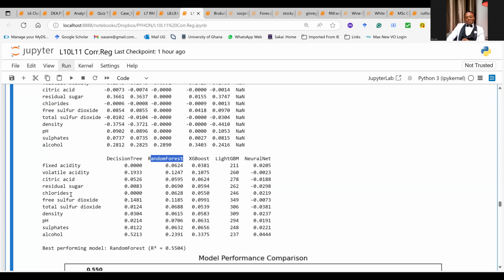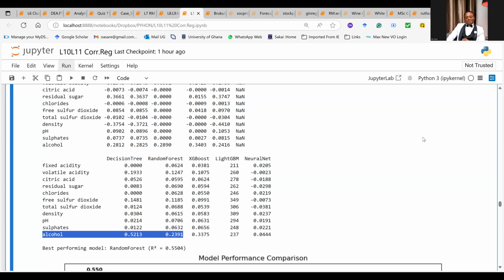When it comes to which variable is doing well, you will notice that alcohol is doing the best here. Alcohol appears to be a good indicator of wine quality. And by the way, they are all positive.